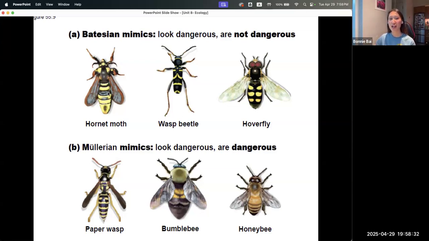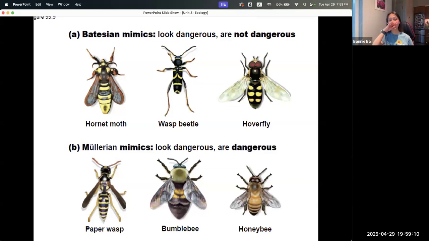So for mimicry, if you have organisms that look dangerous but they're not dangerous, that really is a fantastic scenario because you're not putting in the energy to make all the poisons or whatever. But if the predators already learned through their own evolution that these are colors to avoid, then you're just benefiting from having this warning color without actually being harmful if the predator ate them. So the ones on the top are examples of pretend warning colors.